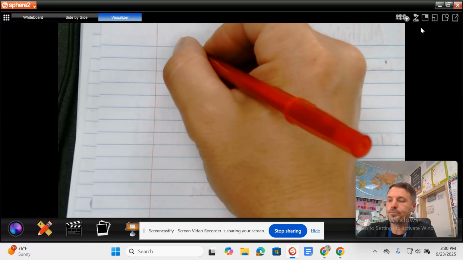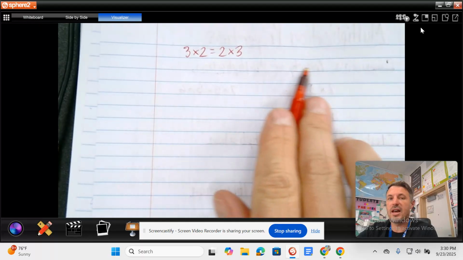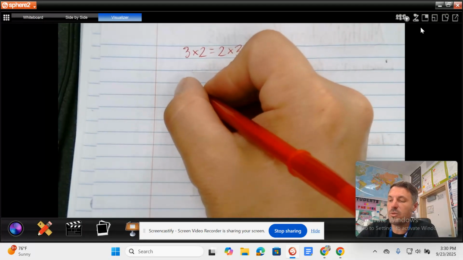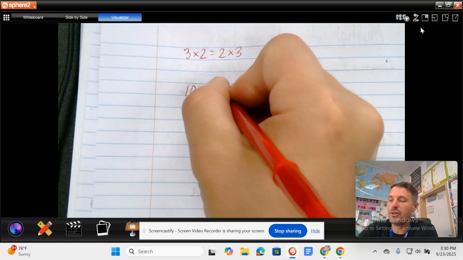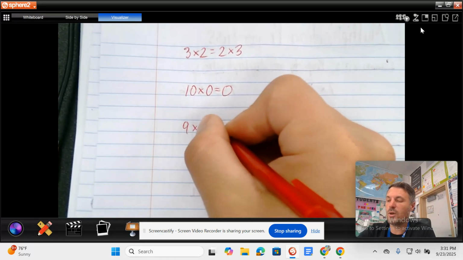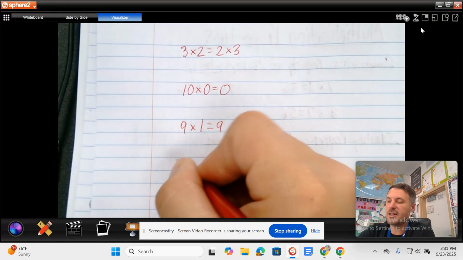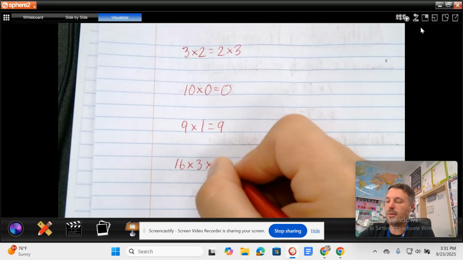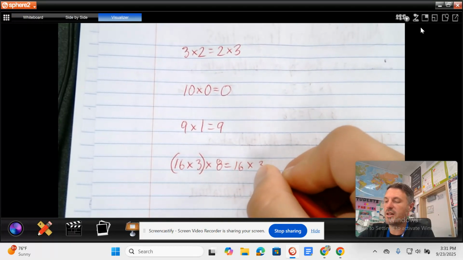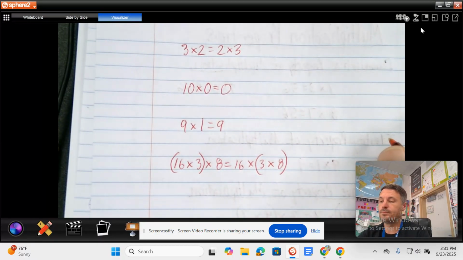So here's the first one. 3 times 2 equals 2 times 3. Under that, write which property or division rule that's an example of. The next one is 10 times 0 equals 0. Next one, 9 times 1 equals 9. Okay, next one, 16 times 3 times 8, with the 16 and the 3 in parentheses, equals the same thing as 16 times 3 times 8, with the 8 and the 3 in parentheses. Okay? And then